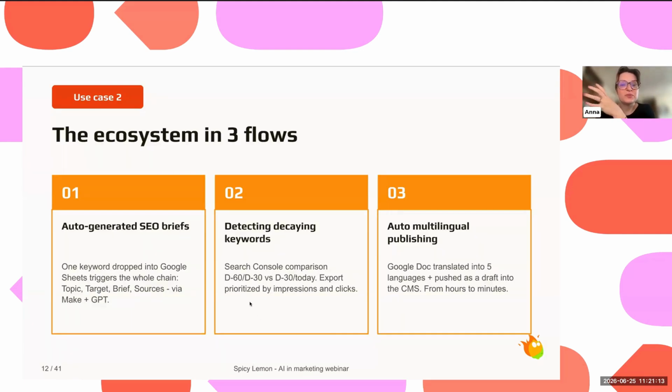We did the whole automation around detecting decaying keywords. So this is something where you enter rather into automation rather than AI creation, but something that the client will never understand. So, but it was more a challenge. We did it on n8n, but it's doable on every single tool you may use.